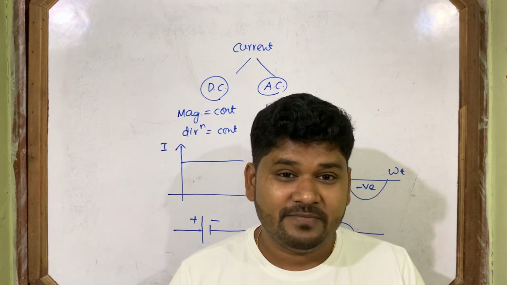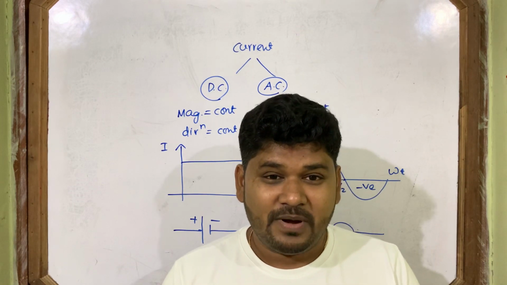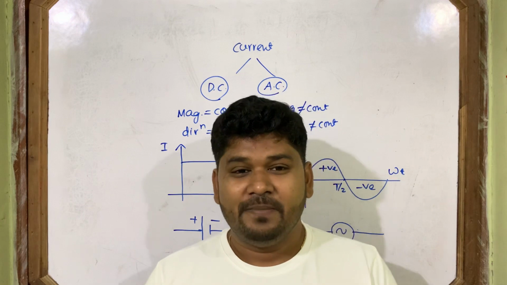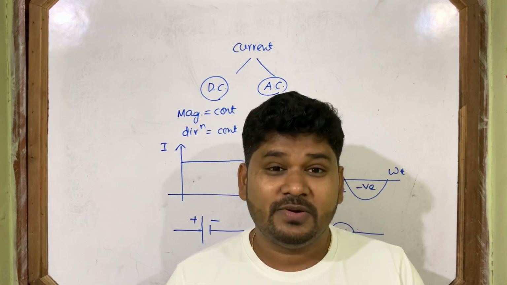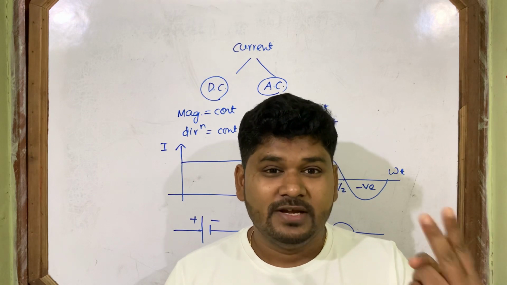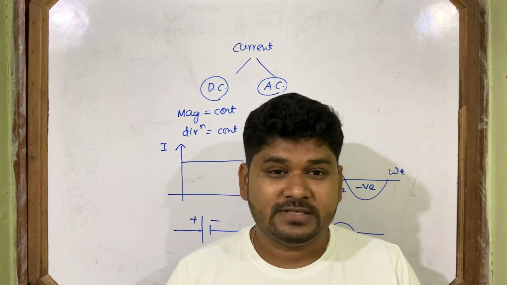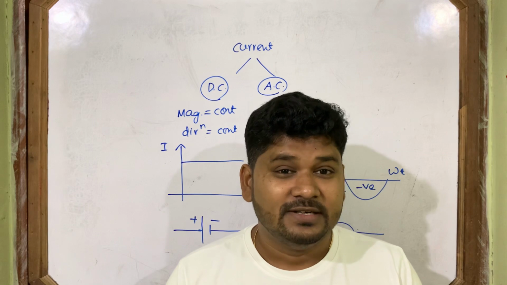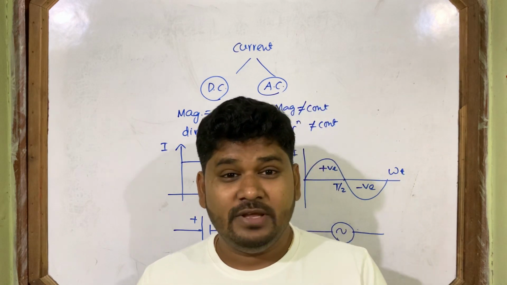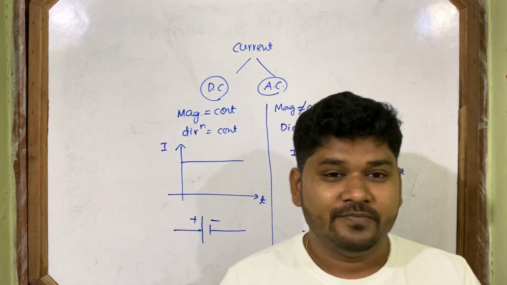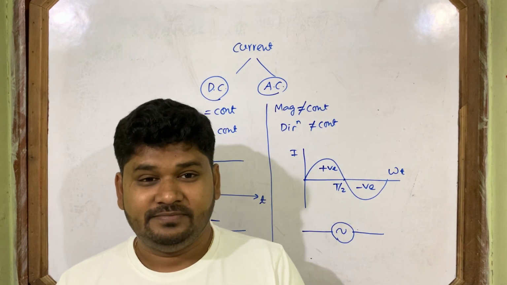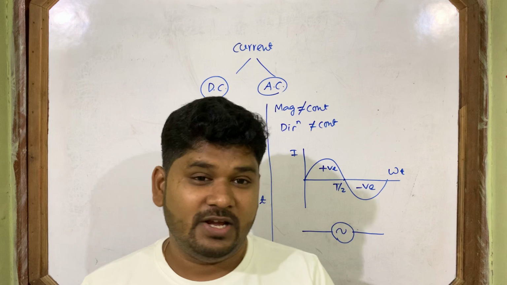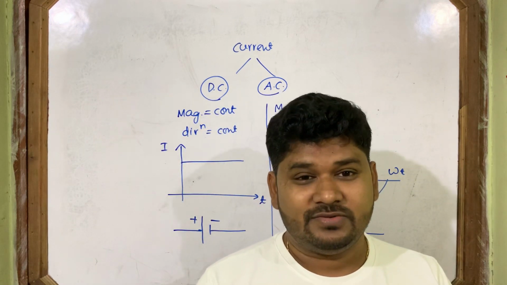Which current is this? In your house, one power supply you bring from the electric pole, just close to your house or near your house. From the electric pole you bring the current with the help of 2 wires. Which current is that? The current we use in our house is alternating current.